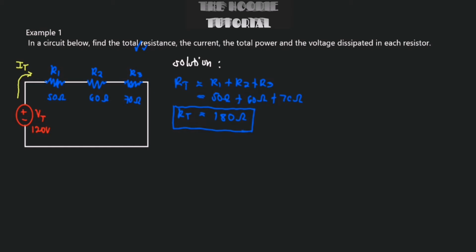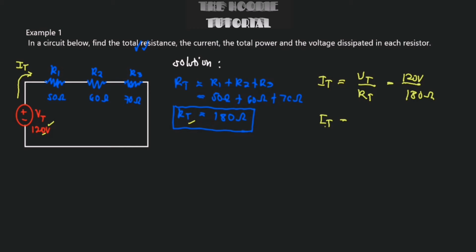So we already have the total resistance. The next thing that we need to find is the current, the total current. IT in terms of Ohm's law is just equal to the voltage over the total resistance. Since we already have the total voltage and the total resistance, we can now find directly the total current. Substituting the values, VT is 120 volts, so 120 divided by 180 ohms. Putting that into a calculator,